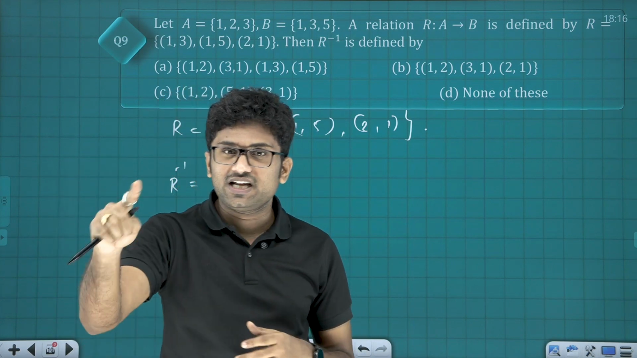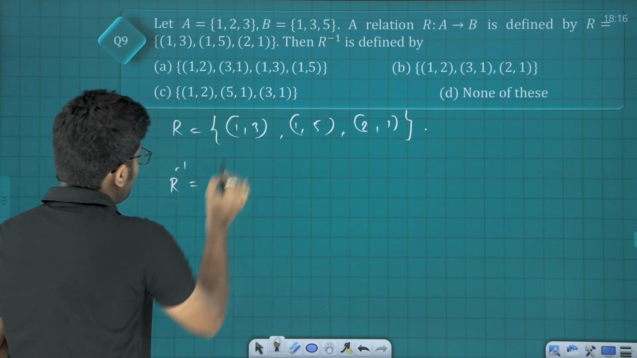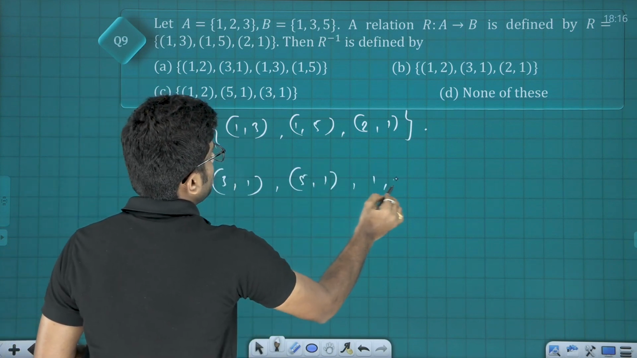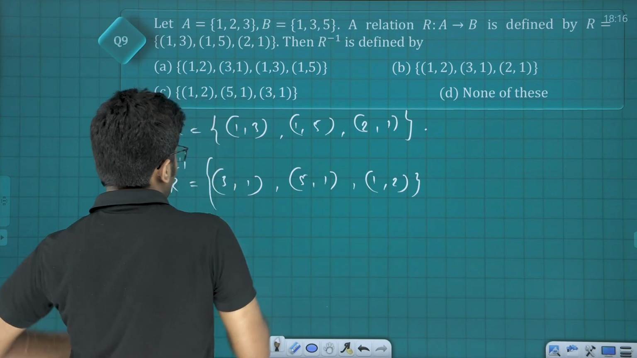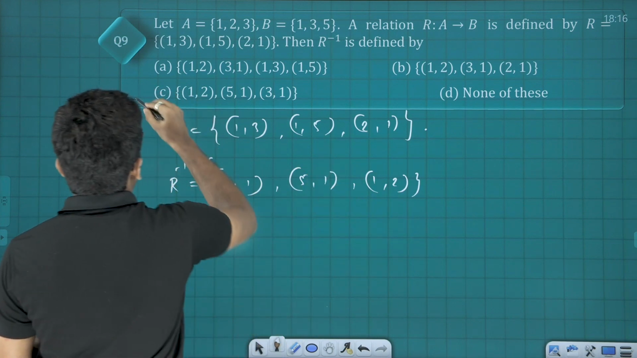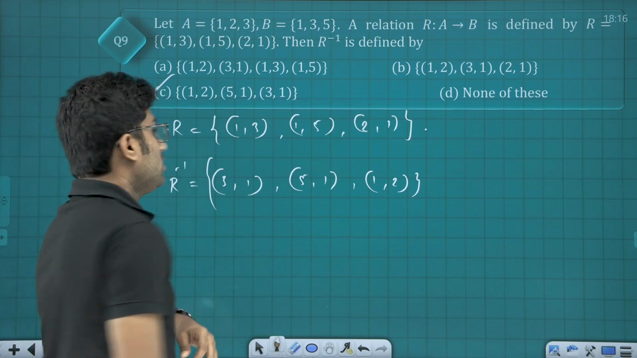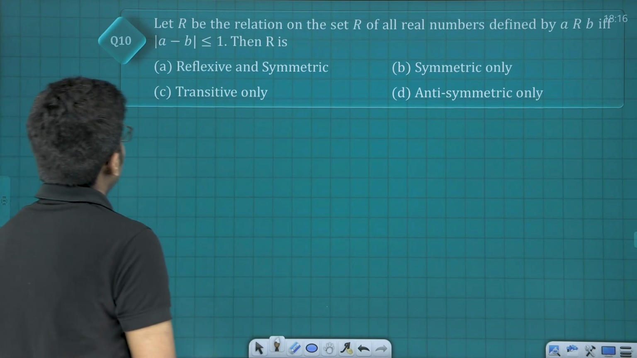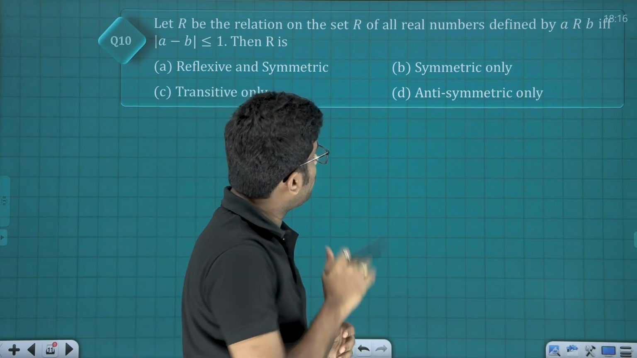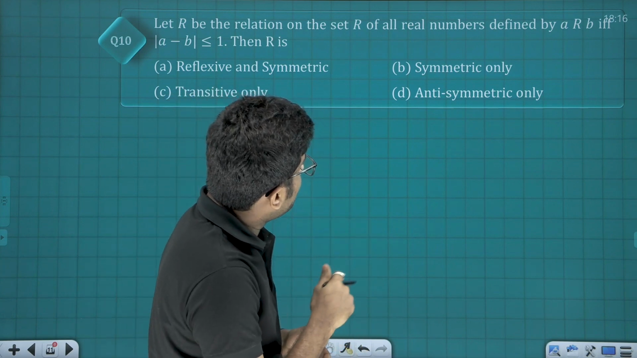The first element becomes the second element and the second element becomes the first. So (3, 1), (5, 1), (1, 2), which is option C. Clear? Next. Let R be the relation on the set R of all real numbers defined by a is related